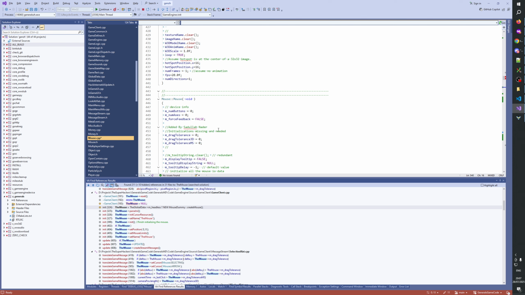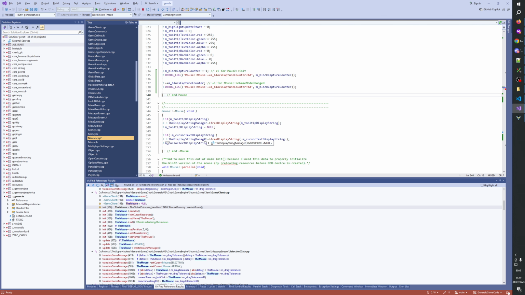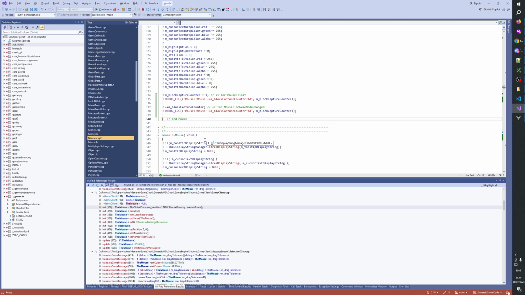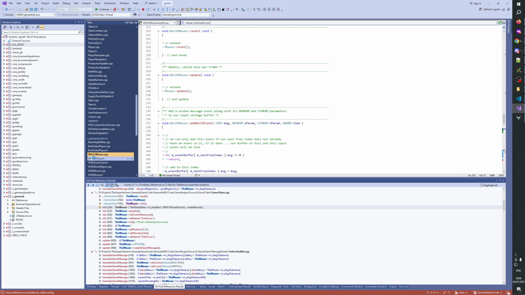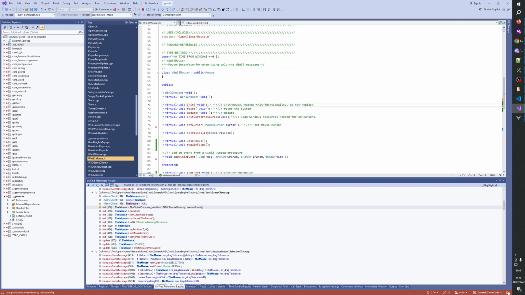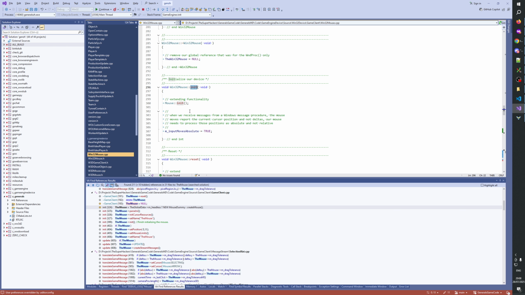It needs to be in Win32 mouse, I think. Win32 mouse. Does it have an init function? Yes. Mouse init. Then here we say if